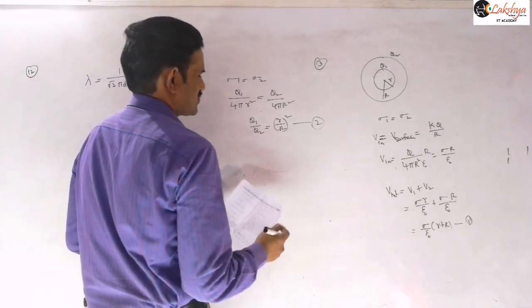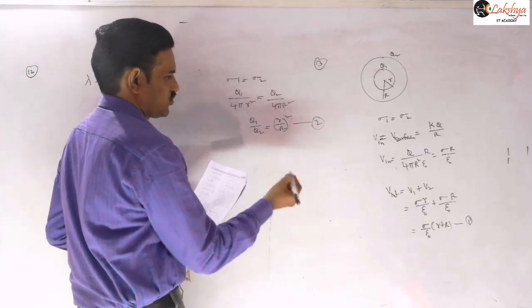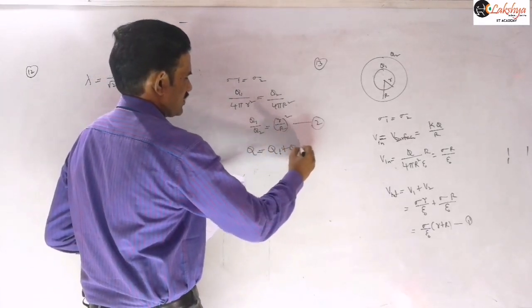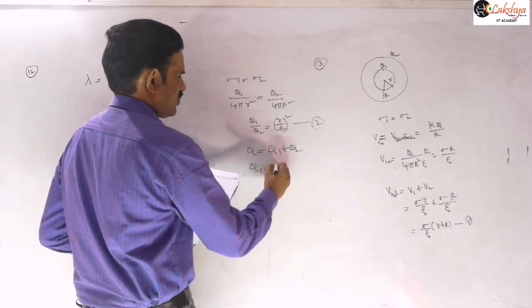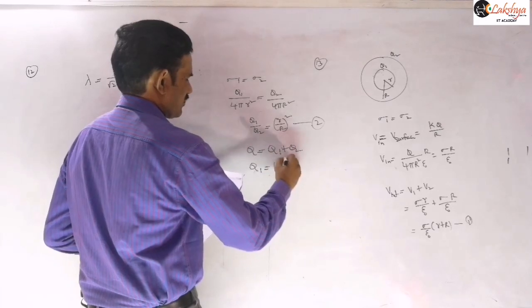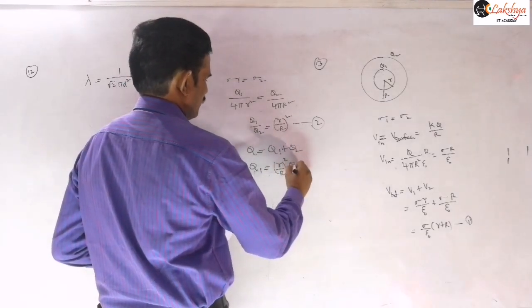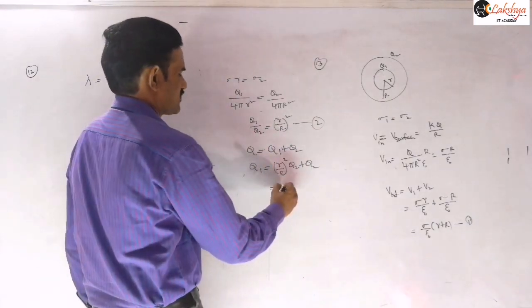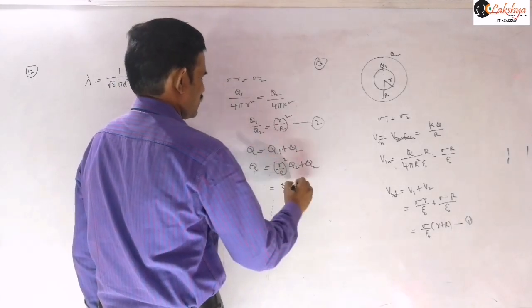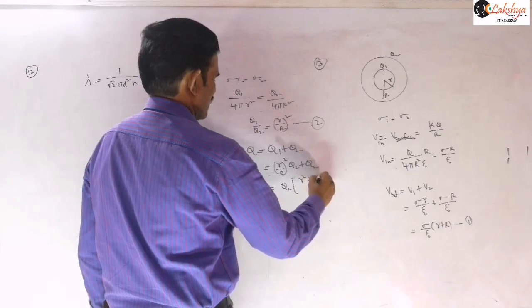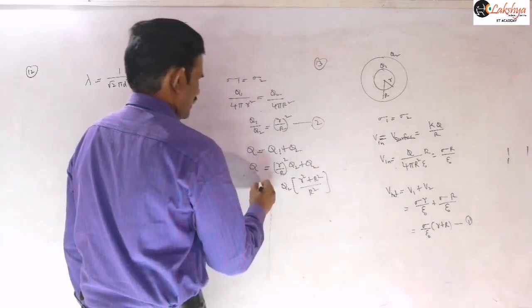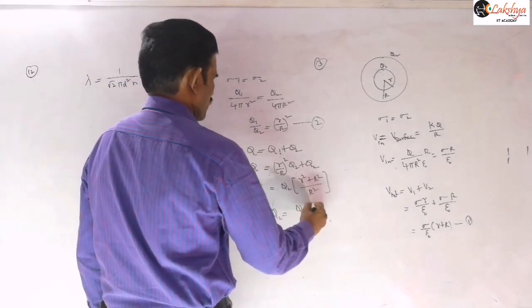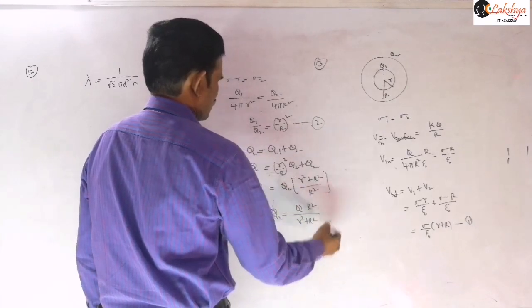And so then I can write this expression as either the q1 or q2 expression. So q is equal to q1 plus q2. Let us eliminate that q1 value, for example, then we have r by r square plus q2 into q2 plus q2. Is it clear? From this I am eliminating this q1 value. And then this expression you can write as q2 into, this is q, equal to small r square plus capital R square by capital R square. This is our q. So from this I am writing q2 is equal to q into r square by small r square plus capital R square.